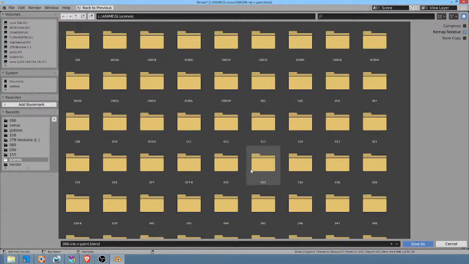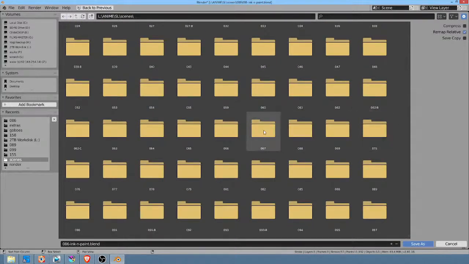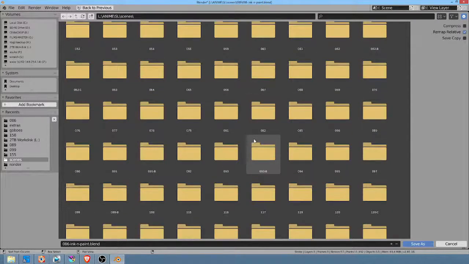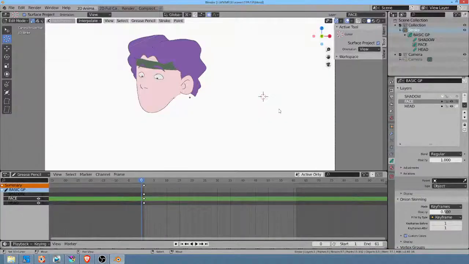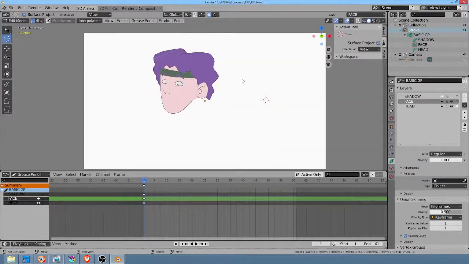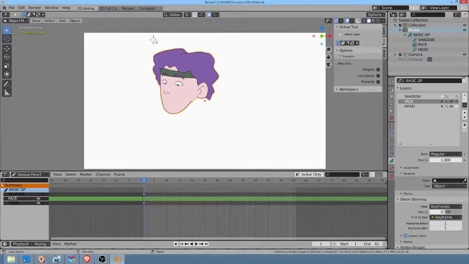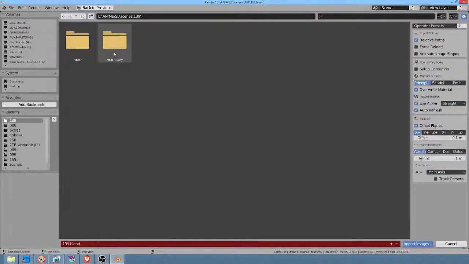Looking at the prior shot, to be honest, I probably can reuse everything except his face. So, what the heck? Let's give it a crack. Save that. Okay, I just saved over it, so now there's no getting back. And now what we would want to do here is a little tricky, because I want to bring the prior shot in as a background image. Well, not really a background image. I actually want to go into edit mode or object mode and images as planes. Now the disadvantage here is we don't have